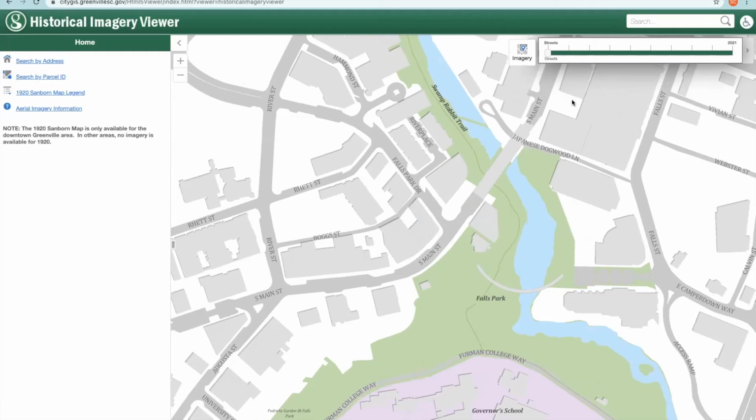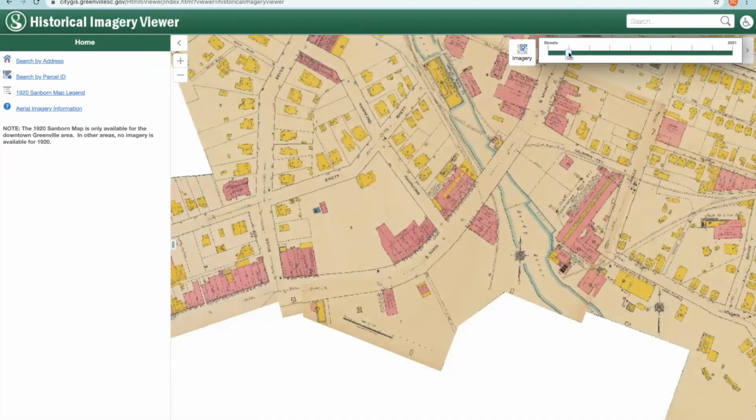All right, so what we can do is you'll see a slider at the top. I'm just going to start dragging the slider, and you can see that now I'm seeing the 1920 Sanborn map for that area.